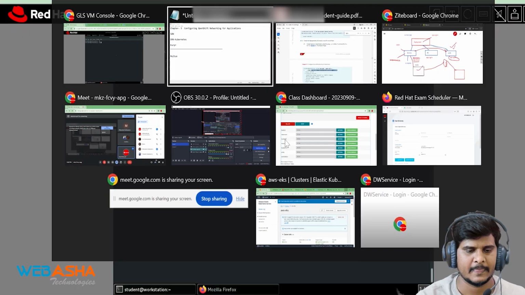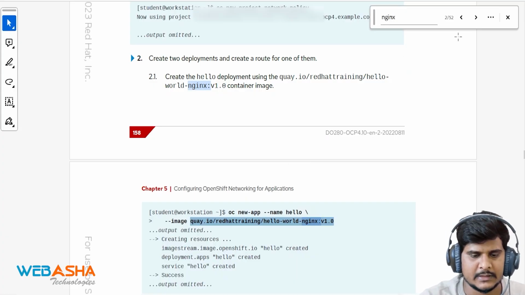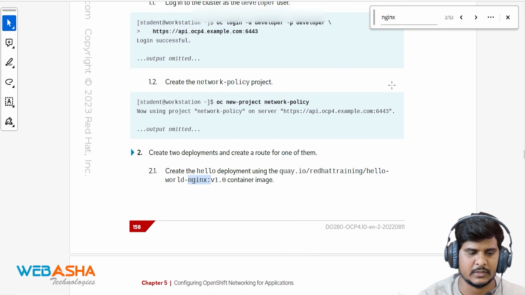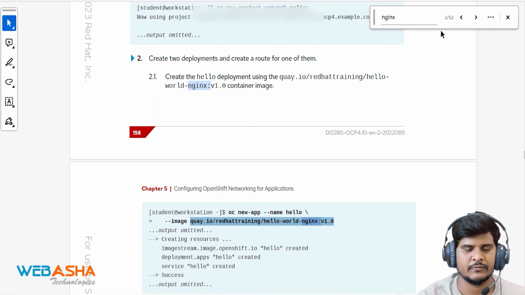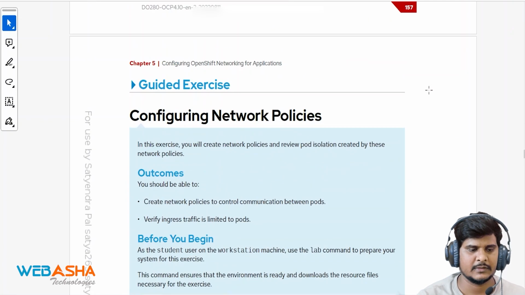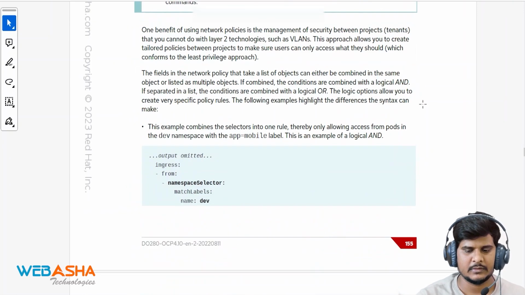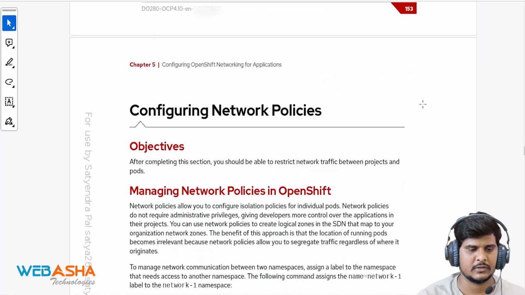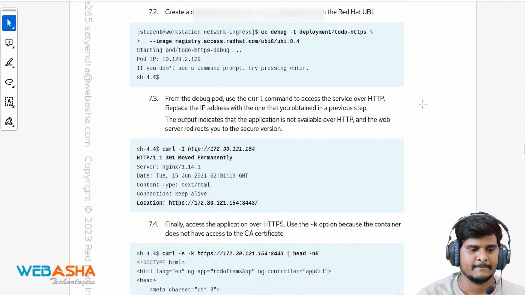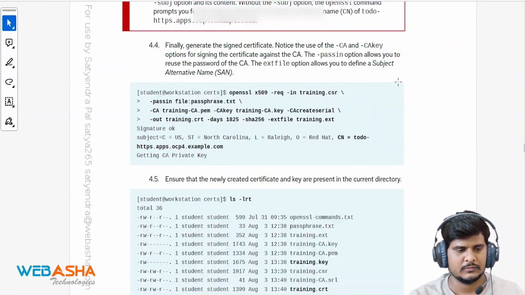So again, if the service is not going to match that, then the application is not going to be accessible. So make sure if you are trying to access those applications, the application should have the same labels and the same configurations, right? So this is a small example. Just quickly, I'll give you the scenario, right? So let's assume that